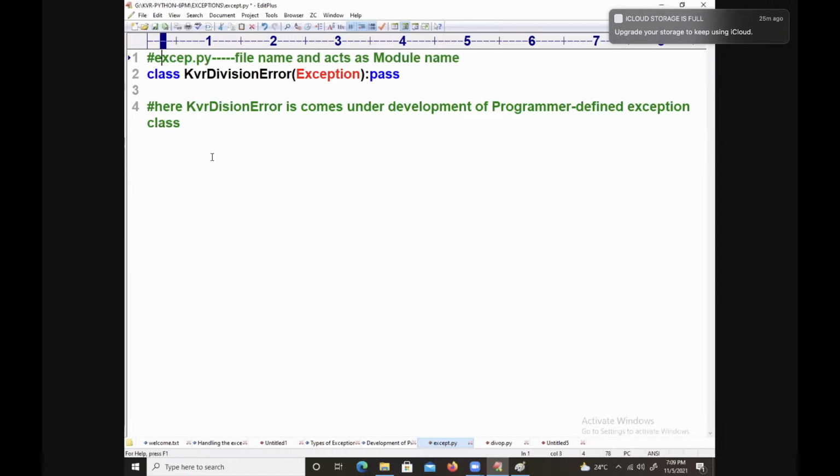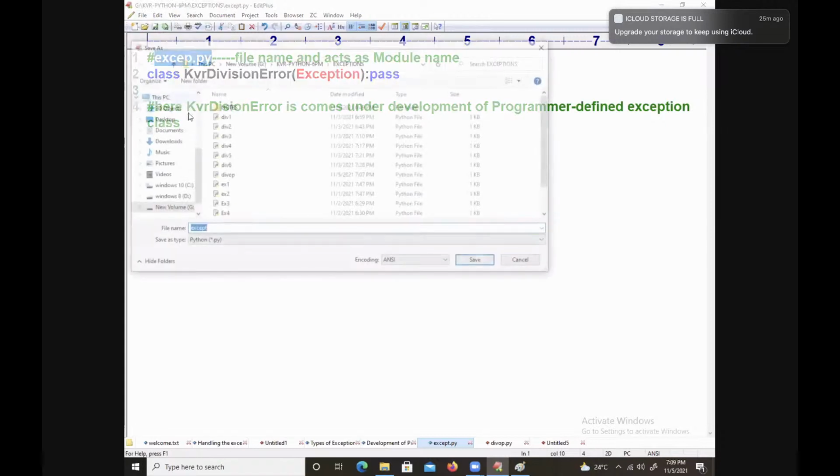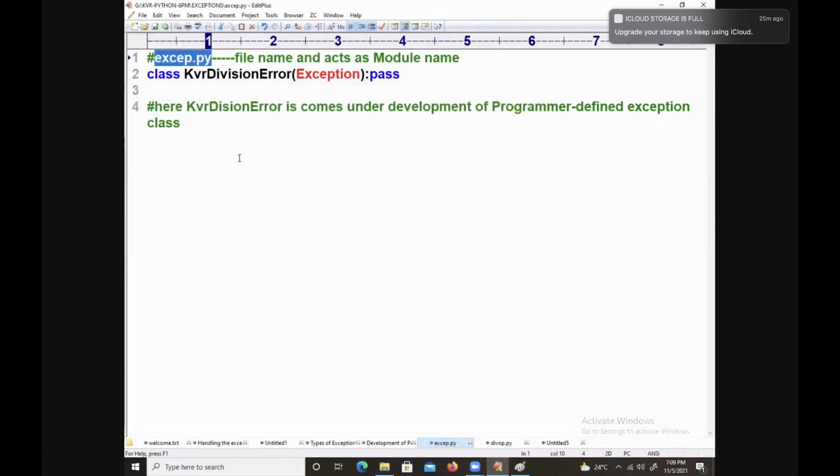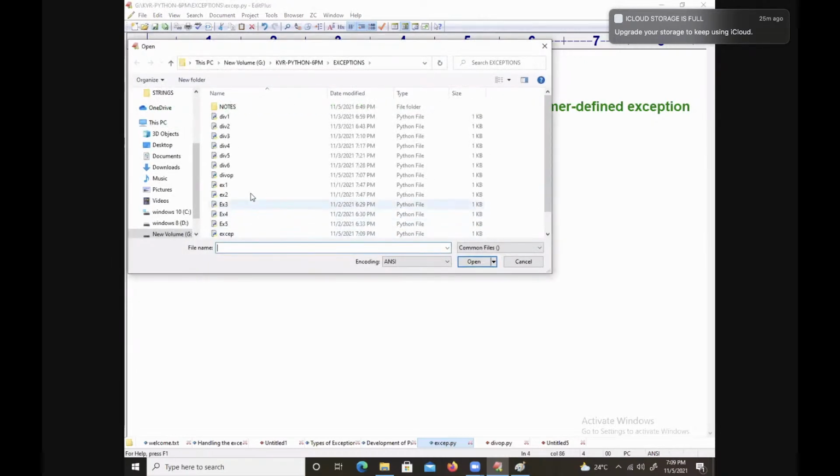I will take this EXCEP. You also try to change the file name because there seems to be some keyword on that name. I will take EXCEP dot py. Okay. I will remove that EXCEPT.